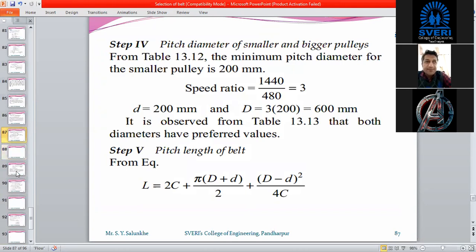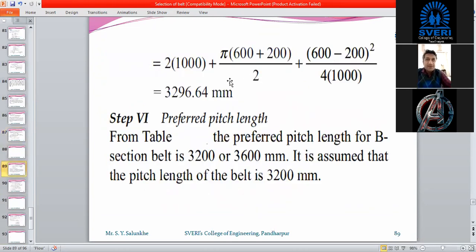Okay, no problem. The next thing we are going to calculate here is the pitch length of that belt. This value is coming as 3296.64 millimeter, but whether it is available in the standard pitch lengths, that we have to check from the table.